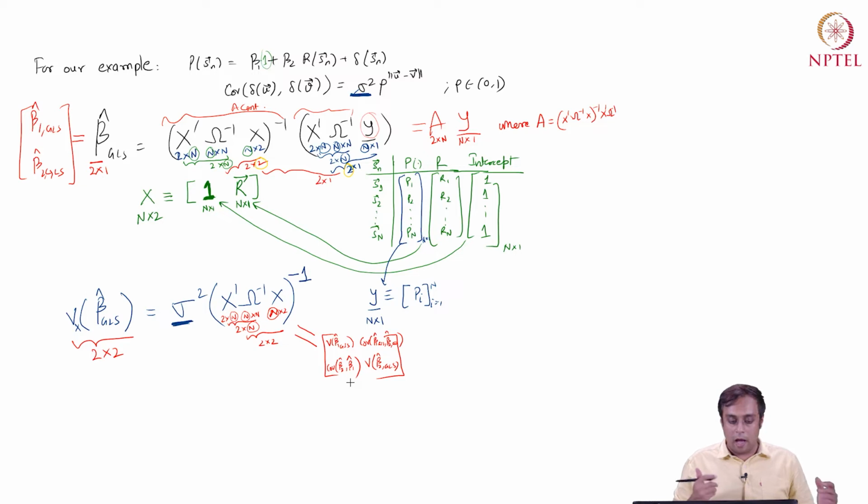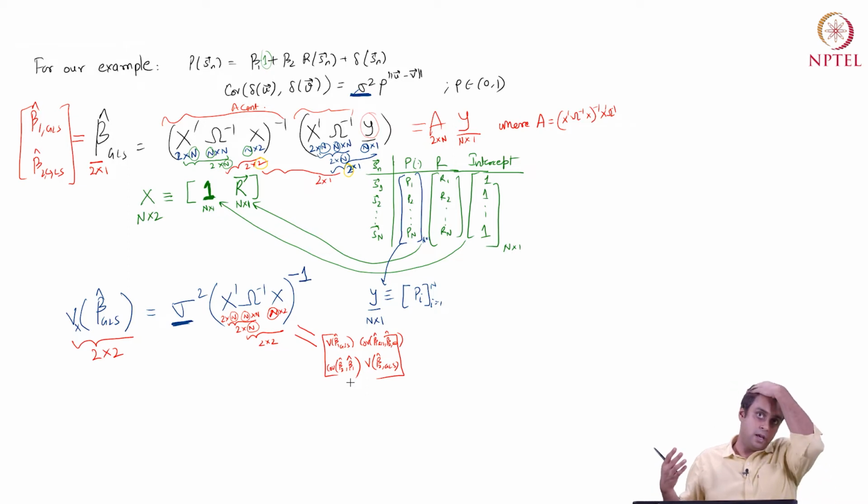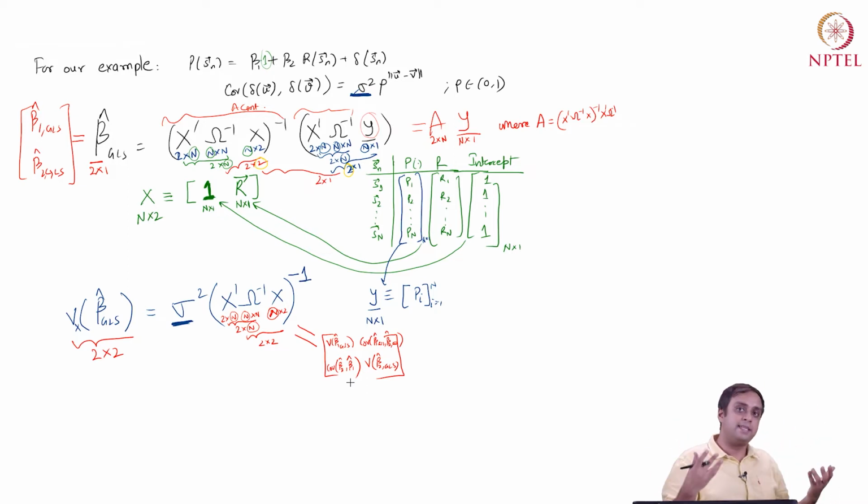Now, we are done, right? If we have a structure with spatial dependence, rather than working with beta hat LS, the ordinary least squares, we should work with beta hat GLS, the generalized least squares format. However, there is a slight issue.